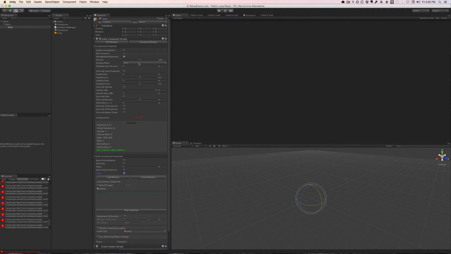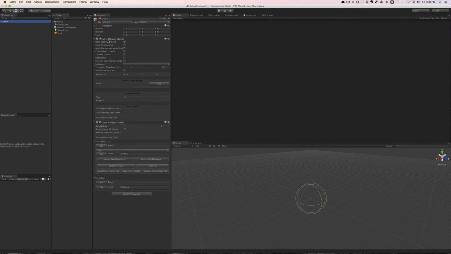The old version of the song that's playing won't be stolen from. It'll just keep playing, and the new version will just get ignored. That's why this none is important here. Okay, now make sure Fabric Manager has don't destroy unload. That way, once it's loaded, it'll just last forever. Let's go back to our game scene,